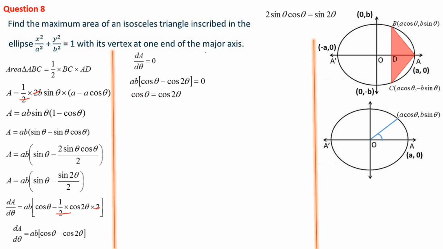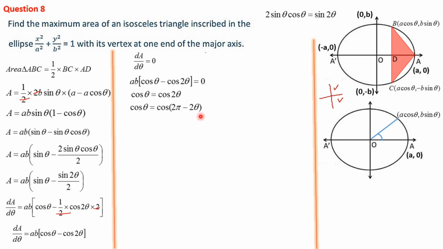But here, directly don't write theta equal to 2 theta. What we have to do is consider the quadrant values, because there are 4 quadrants. In these 4 quadrants, only in the first and fourth quadrants cos is positive. So cos 2 theta, considering it in the fourth quadrant, we have to change this angle to a fourth quadrant angle. How do we write it? That is 2 pi minus theta. 2 pi minus theta is the angle in the fourth quadrant format. So cos theta is equal to cos of 2 pi minus theta.